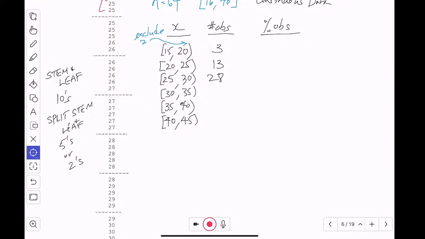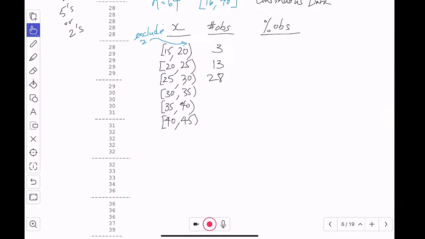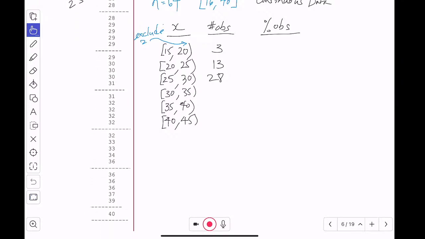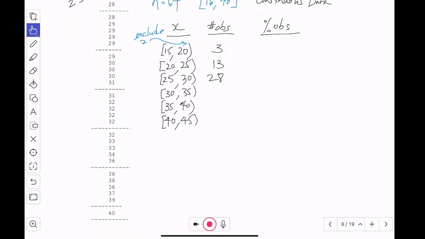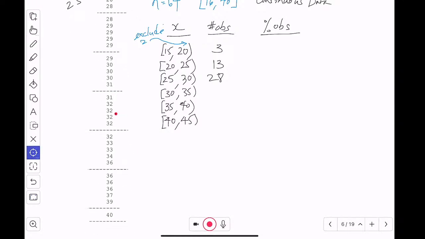Okay, 30 to 35, next one. So 30s to 35. So we have, well, I guess I can just count them. So there's 5 here, 6, 7, 8, 9, and then 10, 11, 12, 13. There's 13 again. And then 35 till 40, 1, 2, 3, 4, 5, 6, and then 1. And that's a total of 64.